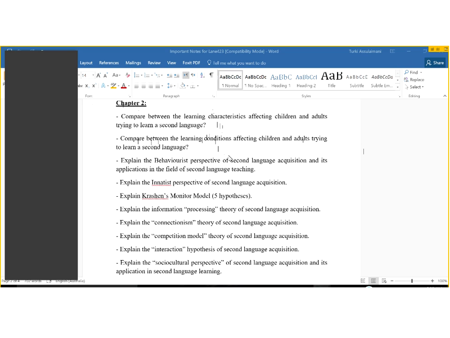Move to page 32. We have learning conditions. Again, we need the first paragraph, the first sentence. So we have 5 or 4 differences, okay, you need to focus on. The first one is, younger learners in the informal second language learning environment are usually allowed to be silent until they are ready to speak. So no one forces them to speak. When they are ready, they will speak. But if they are not ready, they will not say anything. Compare that with an adult.